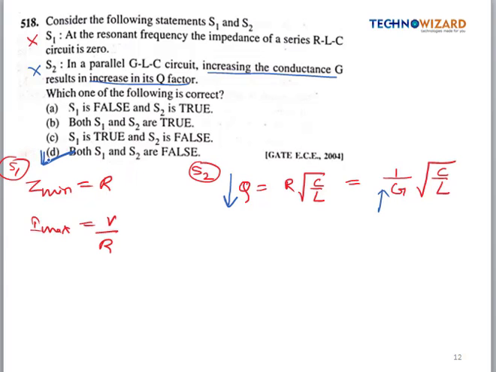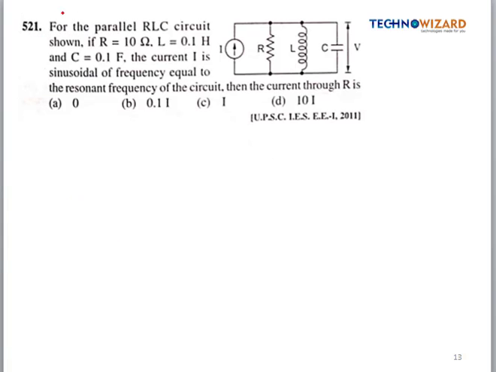Okay, so next question is, for a parallel RLC circuit shown, if R is equal to 10 ohm, L is equal to 0.1 Henry and C is equal to 0.1 Farad, the current I is sinusoidal of frequency equal to the resonant frequency of the circuit. It means this circuit is under the resonance, already mentioned in the question. Okay, so when the circuit is under the resonance, the condition is given by BL is equal to BC. It means the inductive susceptance is equal to capacitive susceptance,